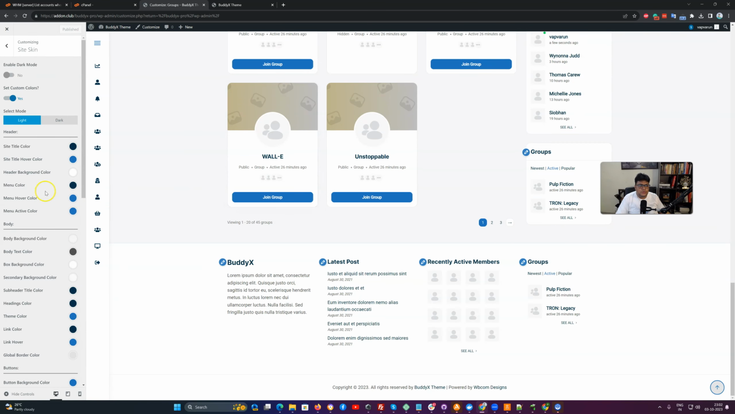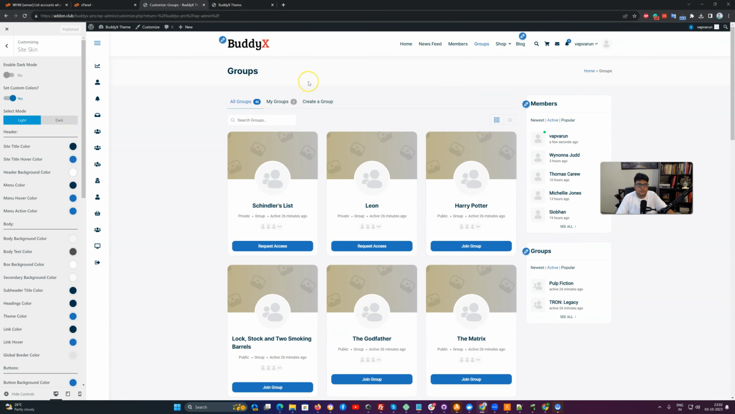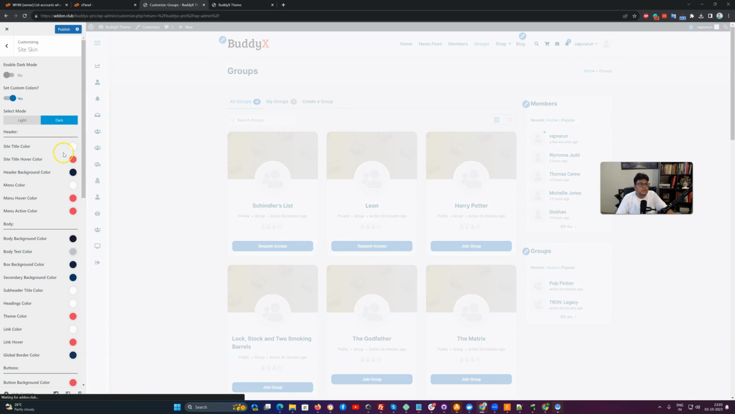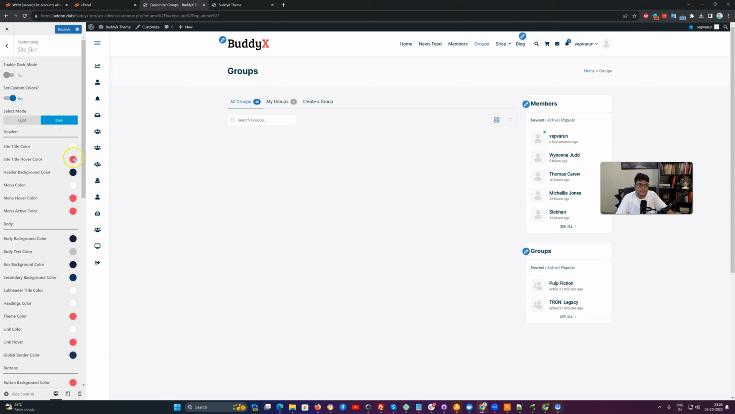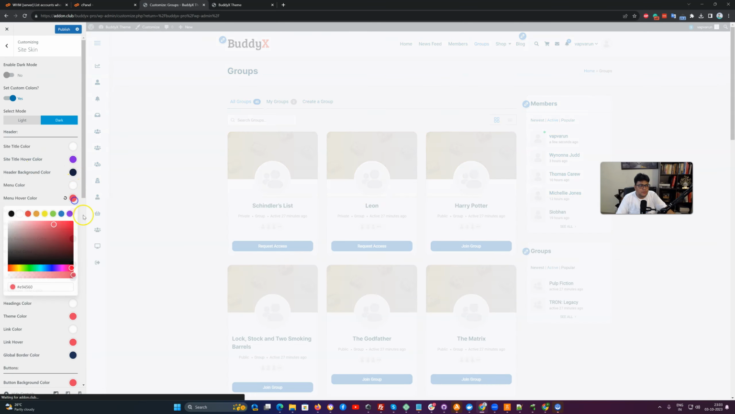So you have all the color options available in the blue color scheme, so it is much easier to apply the color scheme as per your site design. And we have also given a functionality for the dark mode. These are the color schemes for the dark mode, so you can choose any different color. Let's go for the purple color scheme just to